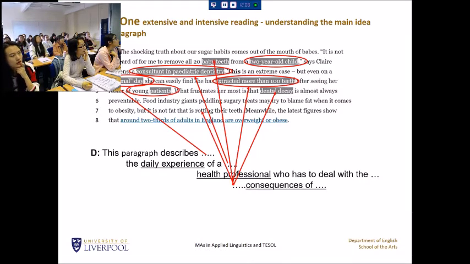Food industry giants blame fat. Okay. But fat is not rotting their teeth. What's rotting their teeth? Sugar. And who's making the sugar products? The food industry. Okay. So the food industry blames fat. But actually, what this paragraph is saying is that it's the sugar made by the food industry. So, what's this then? Has to do with the consequences of